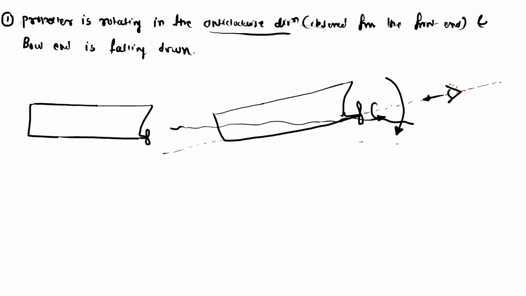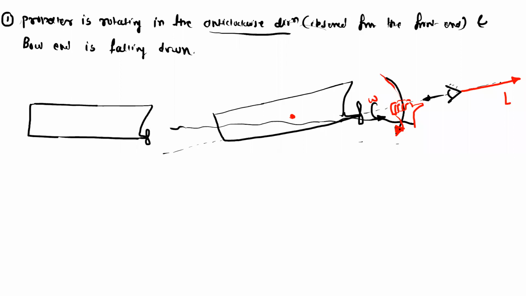If you use the right hand thumb rule, you have to curl the fingers in the direction of the angular velocity. This is the omega, and actually this omega is for the propeller. The thumb will denote the direction of the angular momentum. So this is the angular momentum. Take this as the initial angular momentum L. Now here you can observe when the ship is falling like this along this direction, there has to be some torque which will rotate it.